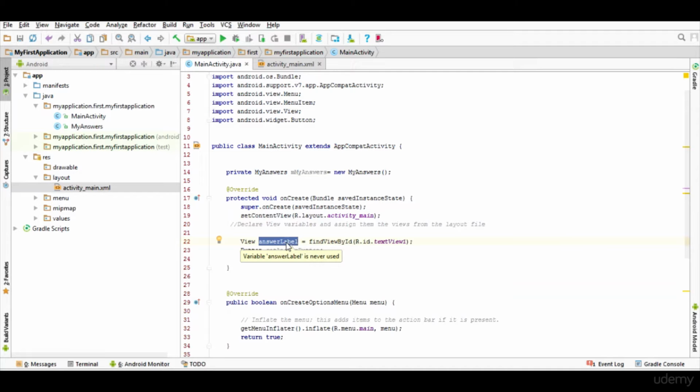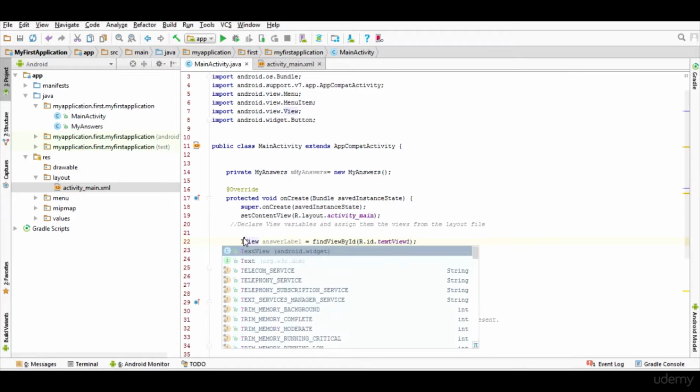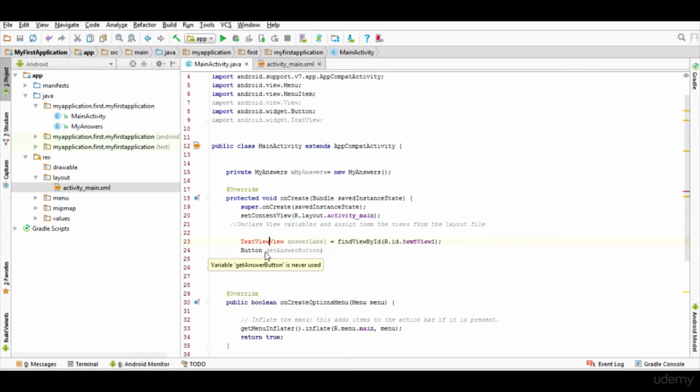So I'll go and add my TextView which was there earlier, and we'll try to fix this error by simply using a cast. A cast, as I have told you, converts to another data type. So in front of the method findViewById, I'll go and add a cast.